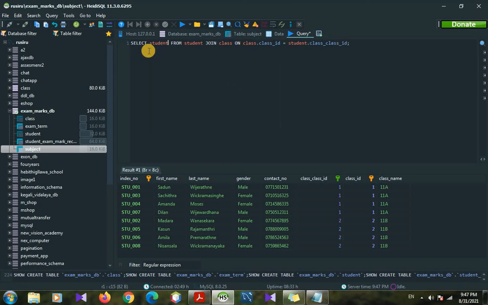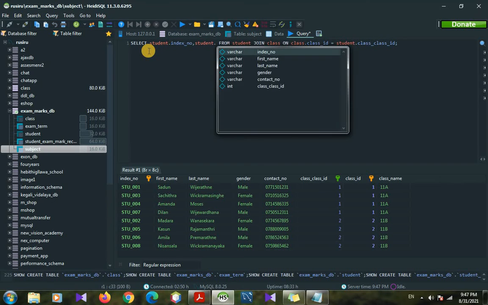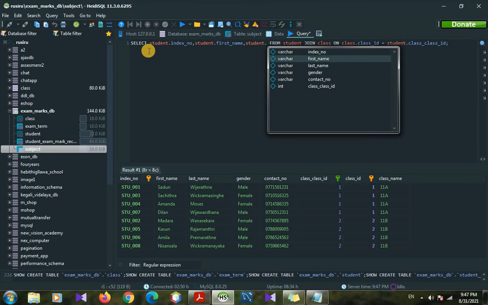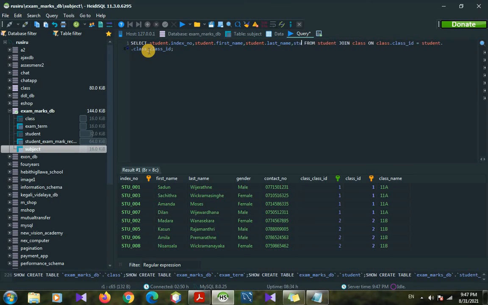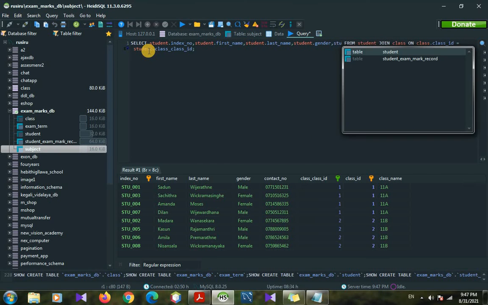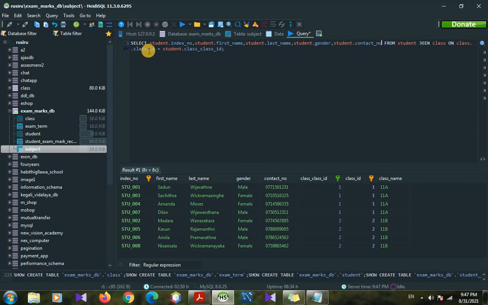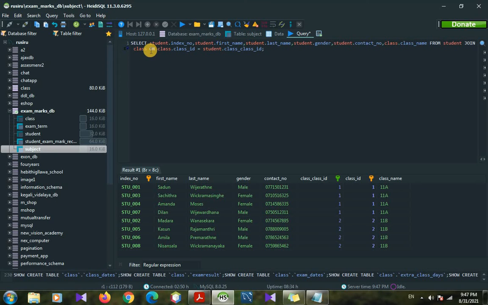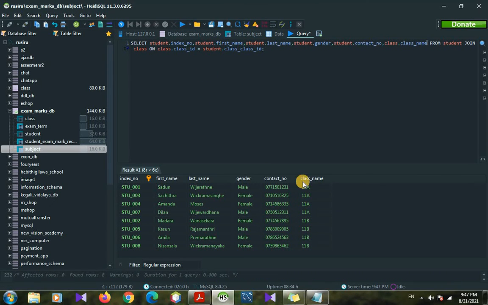First we can select the student table dot index number, then comma student table dot first name, comma student table dot last name, comma student table dot gender, comma student table dot contact number, comma class table dot class name. So here we can give the class name. Then we can run this query here. So it's coming only those columns here.